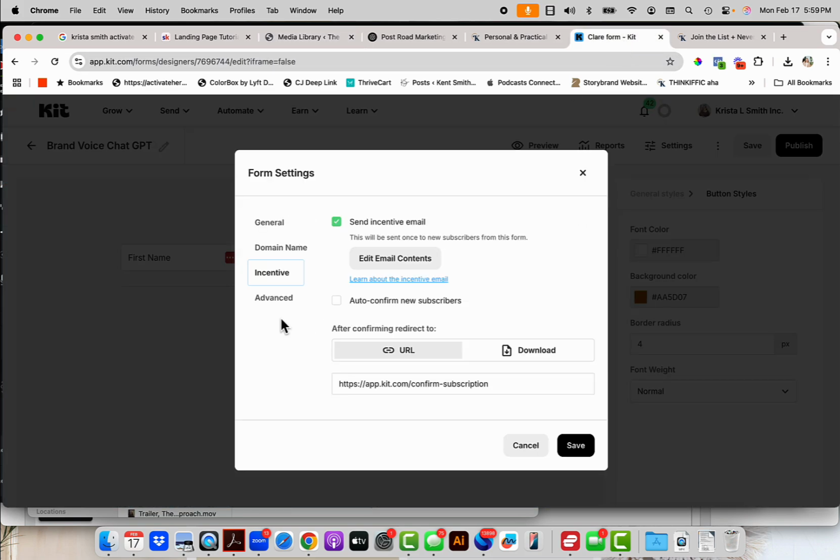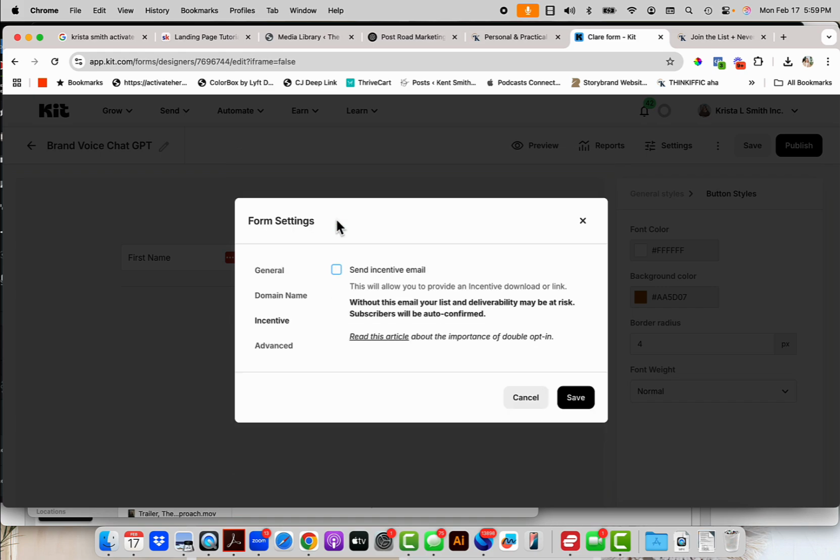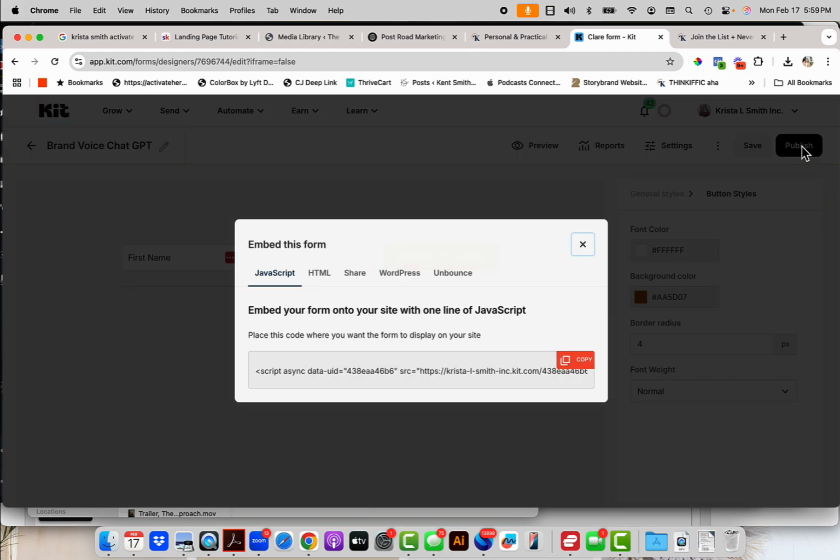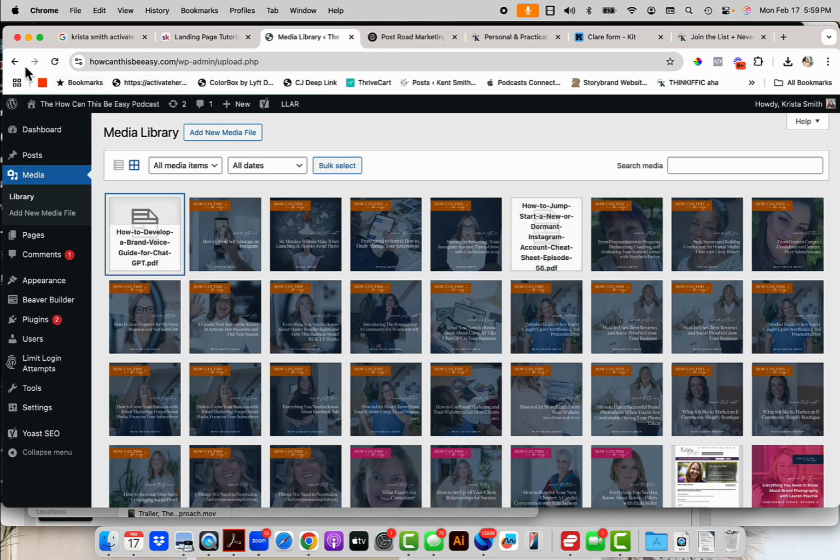Then all I'm going to do is come down to incentive, and I am going to turn off incentive email. I do not want people to have to subscribe before they get this. I want them to get it right away because I know they're going to love this. All right. This is really important for me to do. And then all I'm going to do is press save. Okay, everything's done. Now all I have to do is go ahead and press publish and copy this code and come back to my website